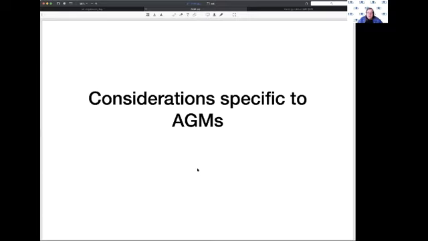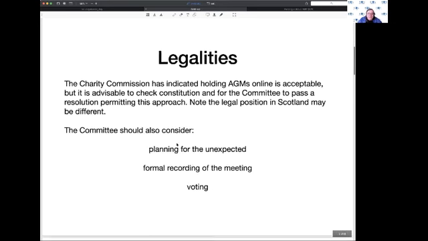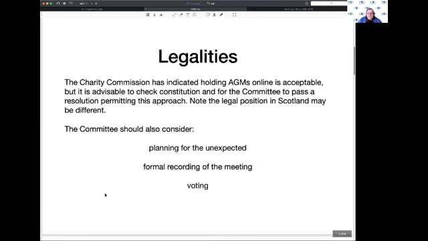Yeah, so some considerations relevant to AGMs. The first thing, obviously, is there's a need to think about legalities.